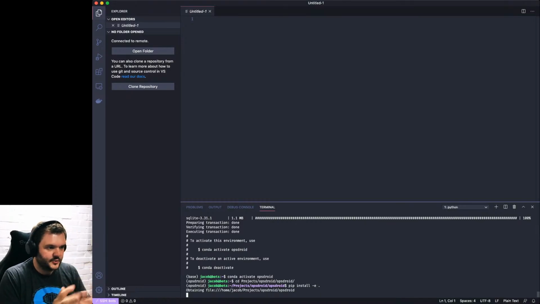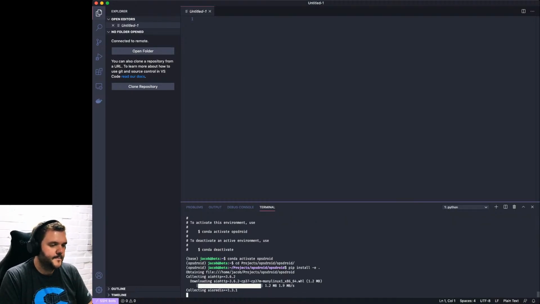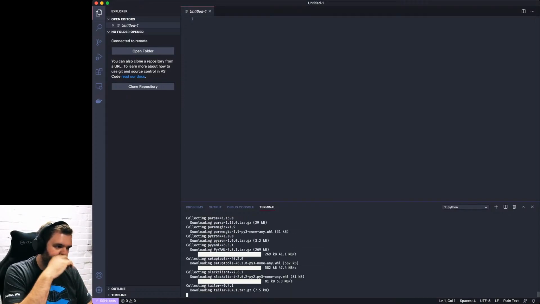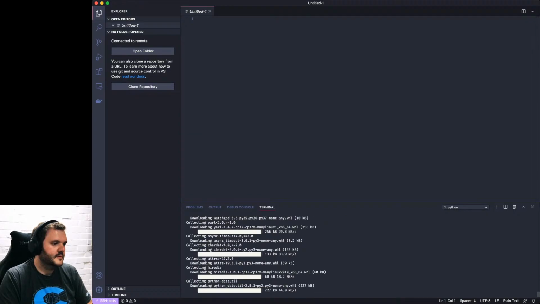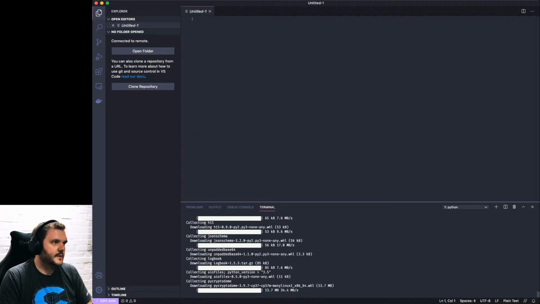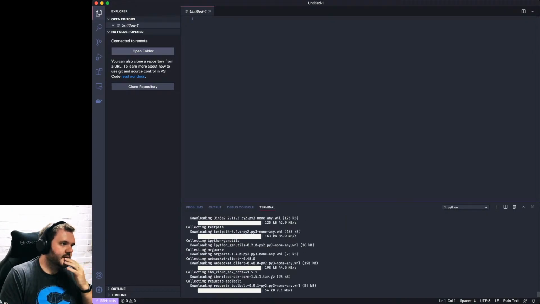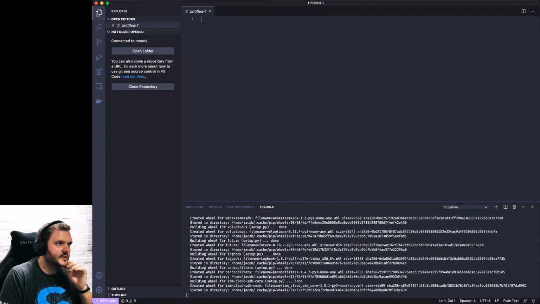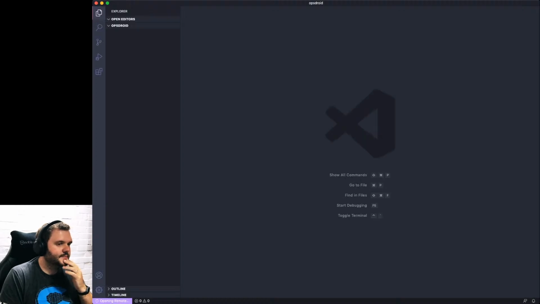So install Opsdroid in development mode. I don't know if this will cause a problem, but I'm going to open folder projects opsdroid, open the code as well. Oh, maybe I didn't want to do that.